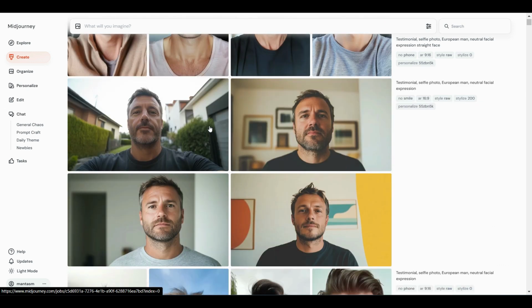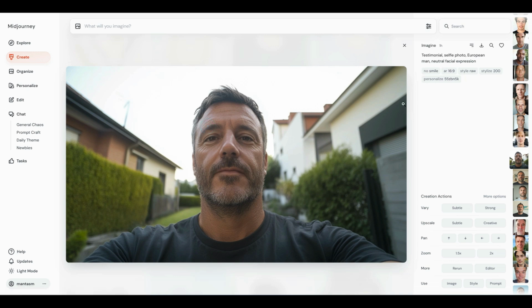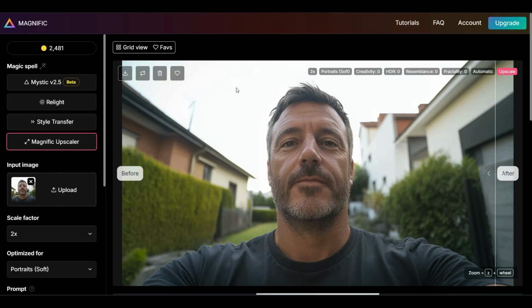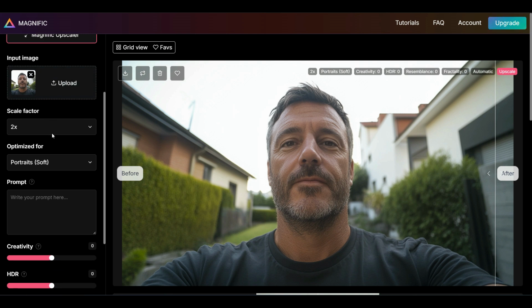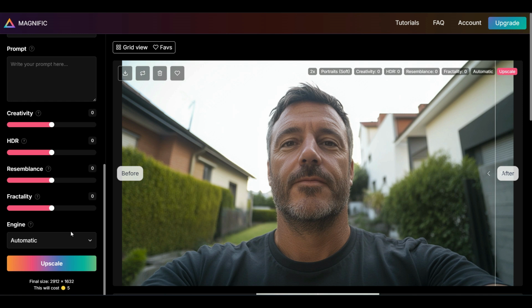Anyway, now that we've gone through that, I've actually generated the image already, and I'll just show you what it is that I did. So like I said, with that prompt, I generated this image, and I immediately downloaded the image and took it to a tool called Magnific. Magnific allows you to essentially upscale, meaning improve the quality of images that you upload. So right here on the left-hand side, I chose Magnific Upscaler. I uploaded the photo. I set it to optimize for portraits, and everything else I pretty much kept the same